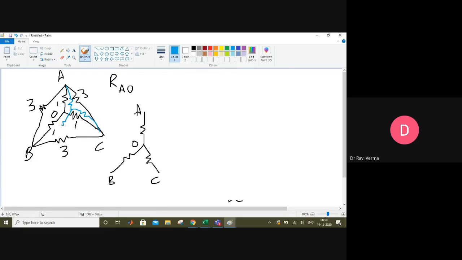So I am converting this triangle delta into the star. So it will look like this. These grounds will not be joined, but point A, point C, and point B will be joined. Okay. So it looks like this. 3, one more resistance here, and one more resistance here. And what will be its value? 1, 1, and 1. Good. So now I am joining the points. These 2 points are joined.